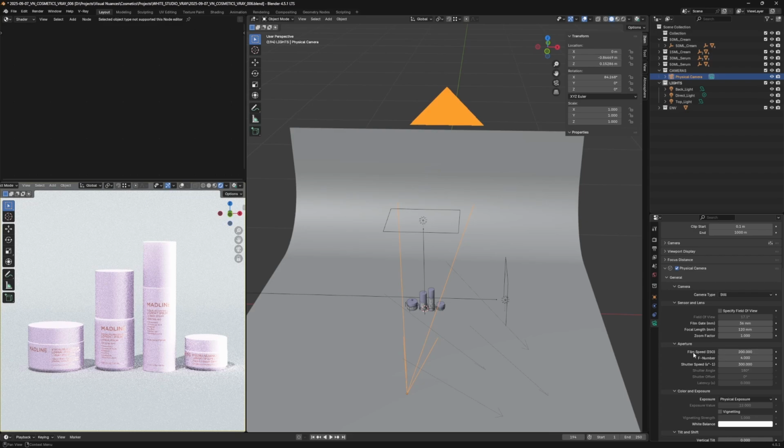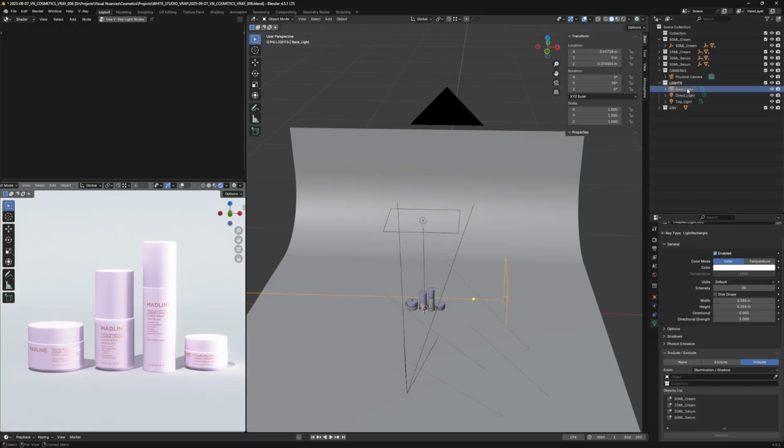You can increase the film speed as well, but I'm going to use F number. Now it looks okay, but it's a bit too much brightness. We might check the top light and backlight intensity and decrease the intensity to 15. Now it looks better,